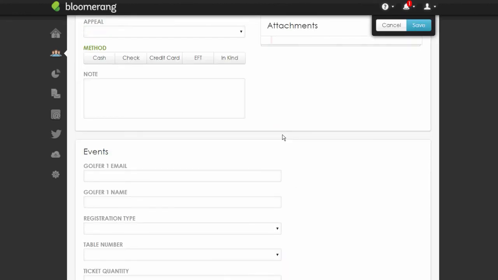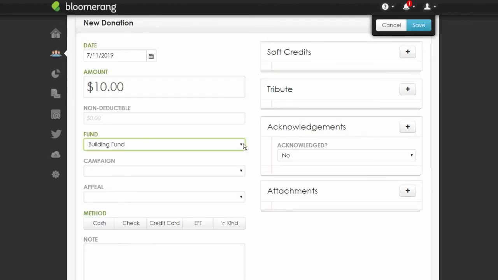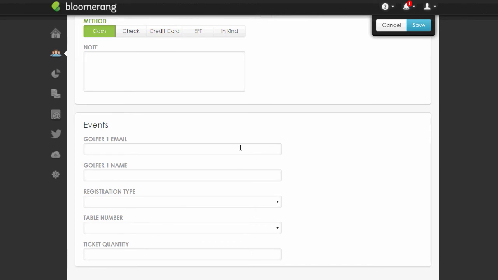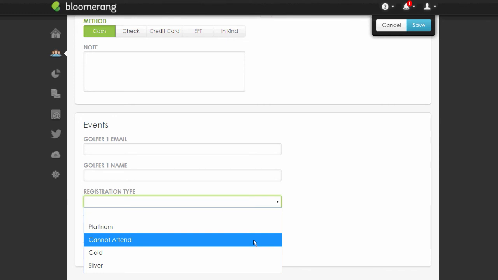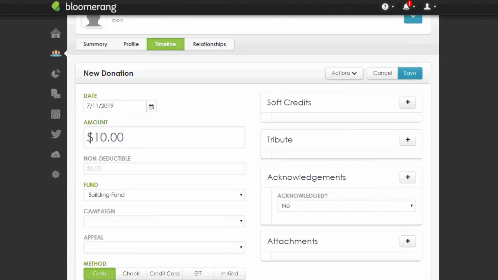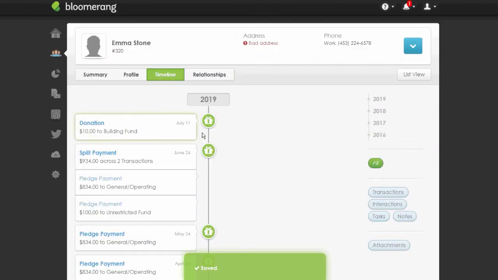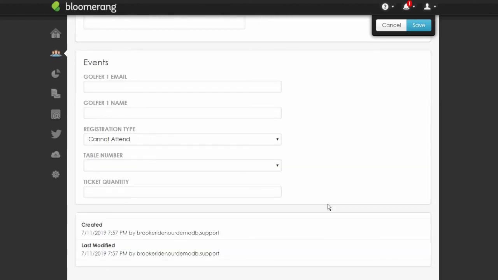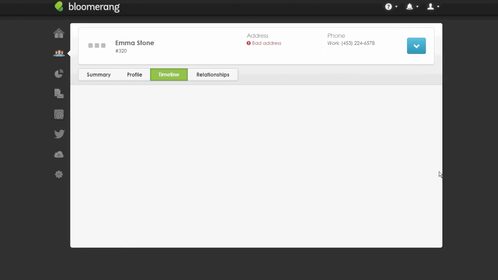So if I fill out this, let's say it's a $10 ticket, select my fund. I'll say it was cash. I will leave these blank. Let's select registration type. Maybe I can't attend and I just wanted to make a donation. I'm going to go ahead and save this. I'll see my donation here with my information I filled out, cannot attend as my registration type. Then if I come back up here and create a new donation,